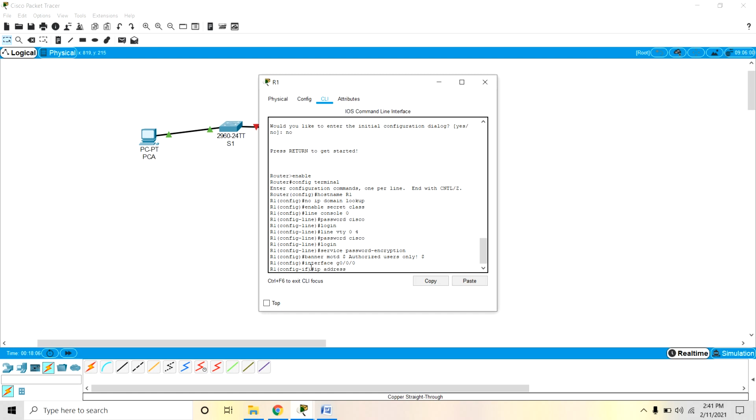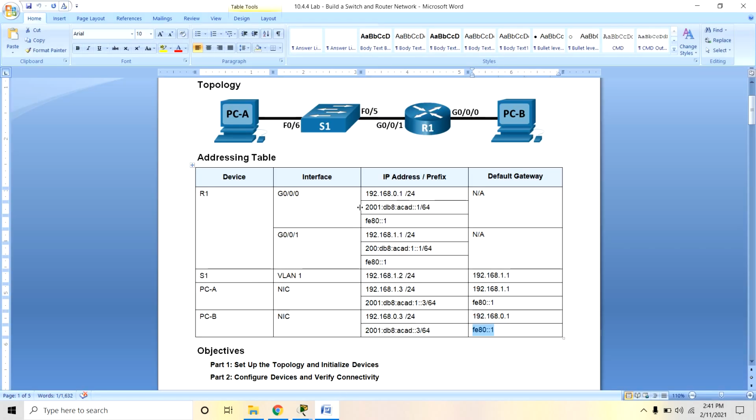to the router. We know already the IP address of the router here, 192.168.0.1. Okay, we can assign this IP address.